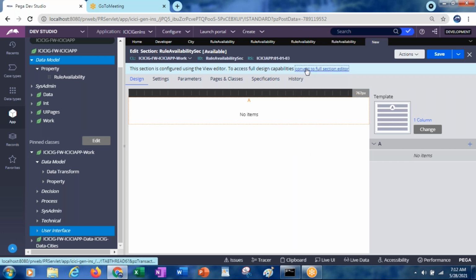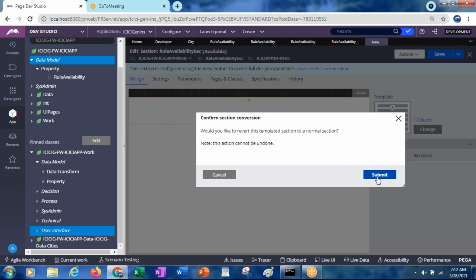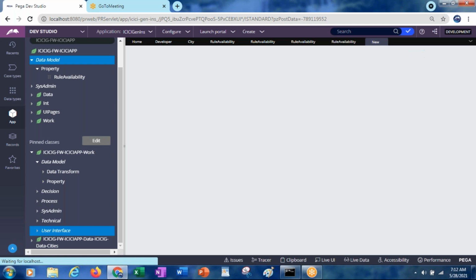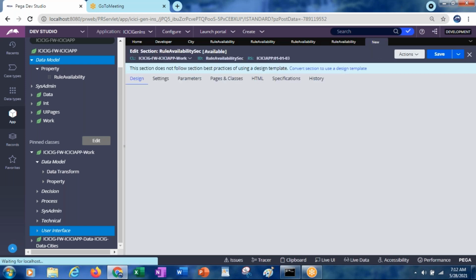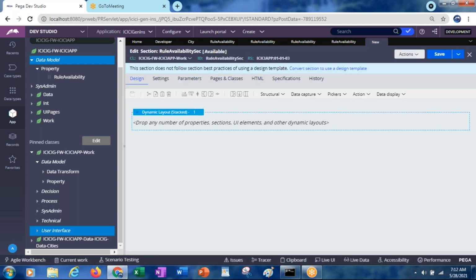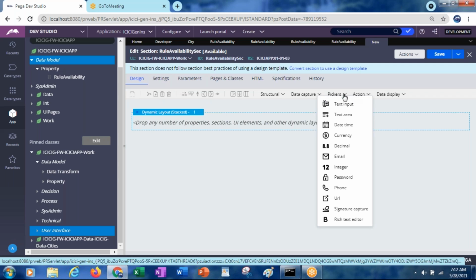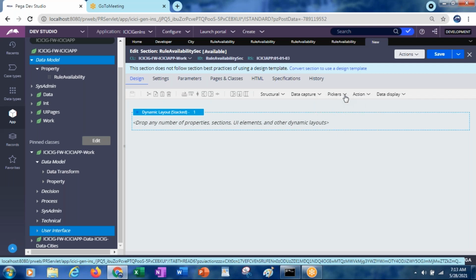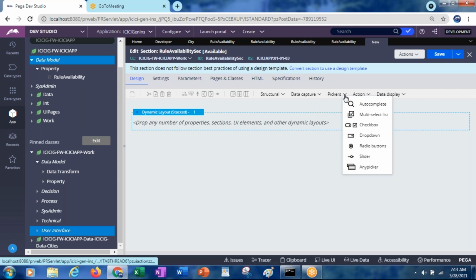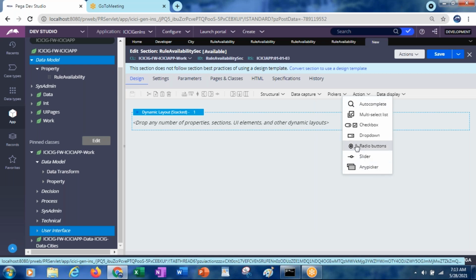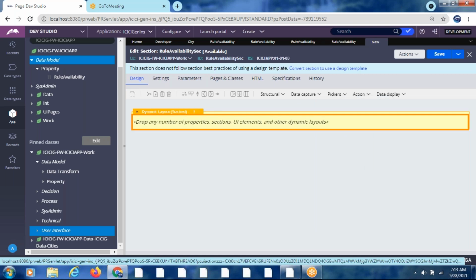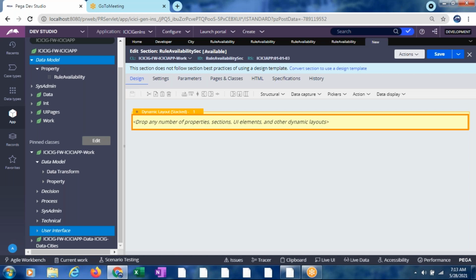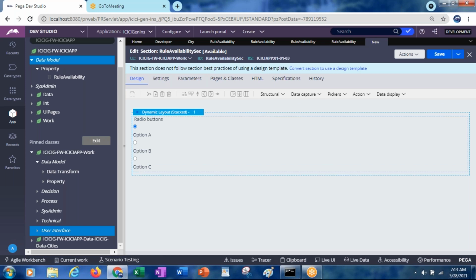Now the pickers, right? Video button. We can take any property, even one text box or anything. So just for testing, I have taken this one.